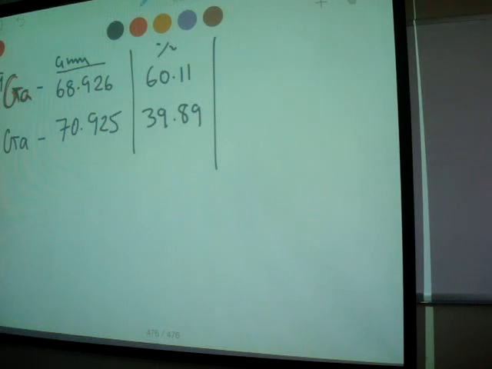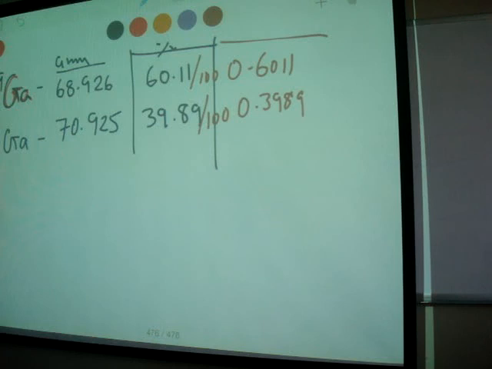Alright? Then what do we do? First, the percentages you have, you divide by 100, you convert into decimals. So when you convert percentages to decimals, you get 0.6011 and 0.3989. Okay. So now you have